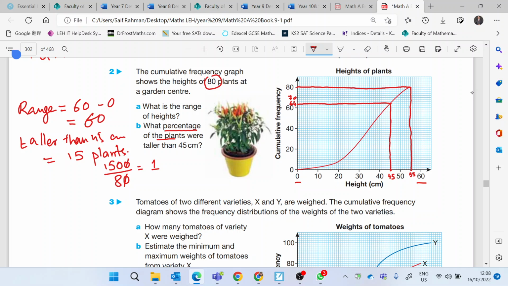If you solve it by 4, 4 twos are 8, 4 sevens are 14, okay, 2 fours are 8, 2 sevens are 14, 2 5, 75 divided by